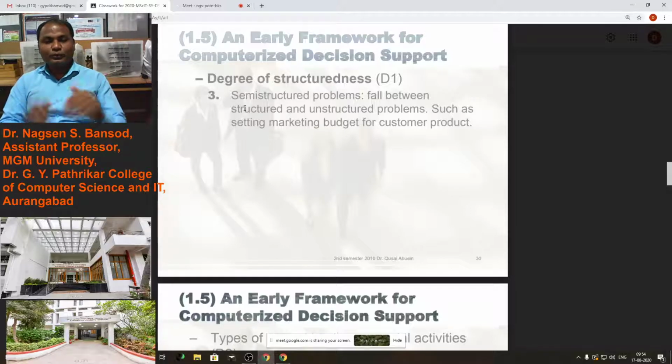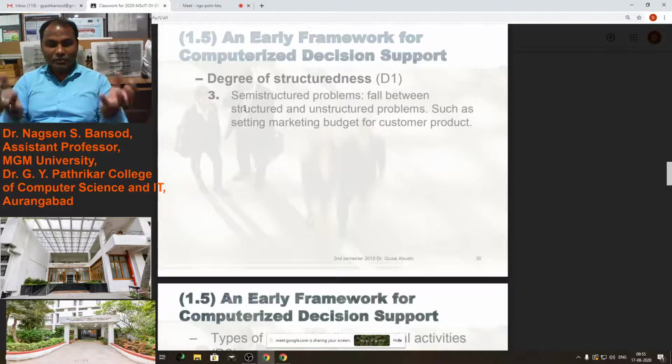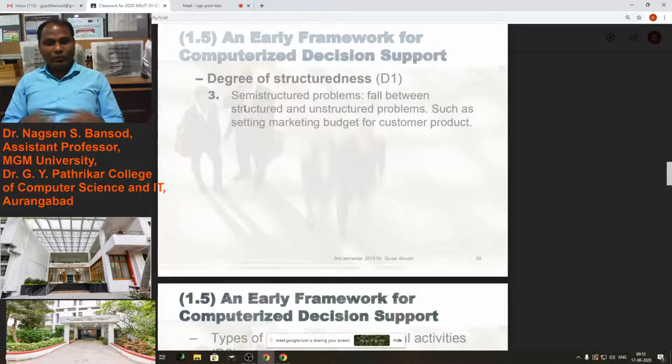There is no scope to manipulate the data in that model. Then that is a structured model. Like a small vendor, everything in that small vendor's business is done only by the company owner, or only a single person can perform all activities. There is no one else's decision. So that's why we can say that is a structured business.